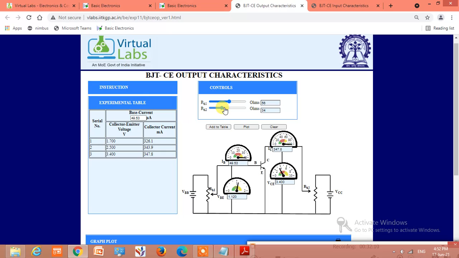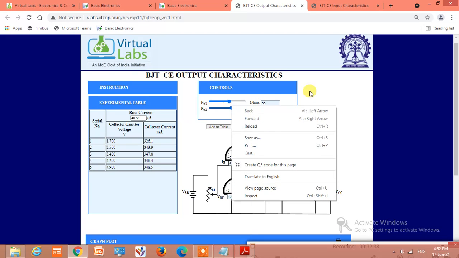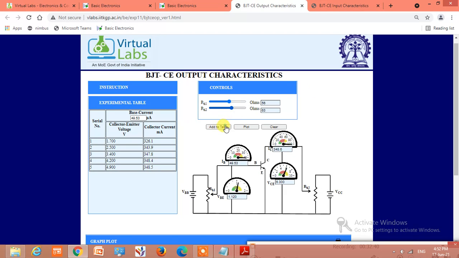For 4 volts, add to table. For 5 volts, add to table. For 6, so be careful while varying the voltages. Add to table.